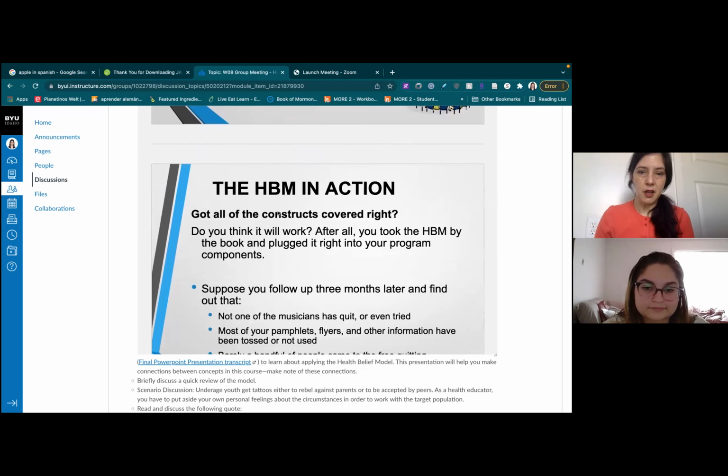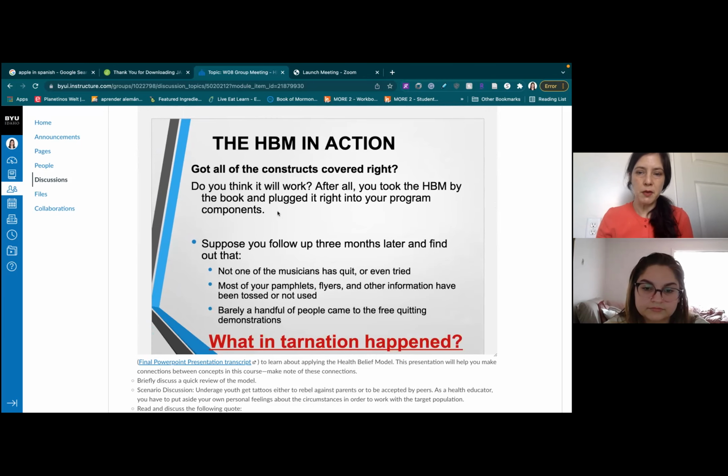So you got all of the constructs covered, right? Do you think it will work? After all, you took the HBM by the book and plugged it right into your program components. Suppose you follow up three months later and find out that, one, no one of the smokers has quit or even tried. Two, most of the pamphlets, flyers, and other information have been tossed